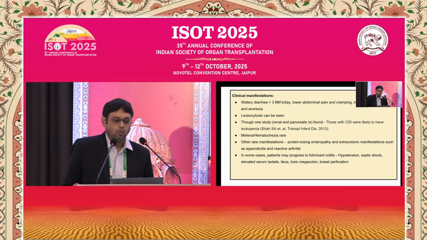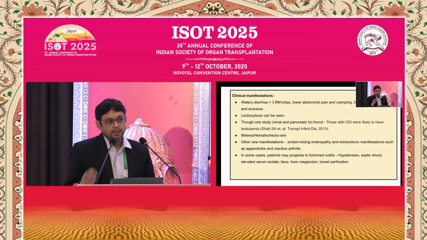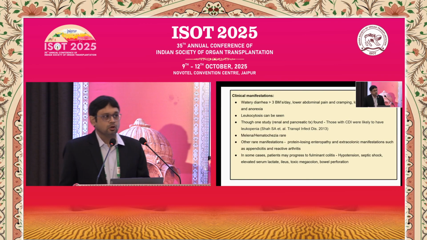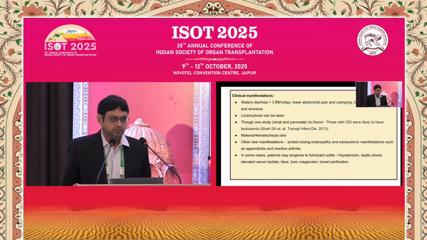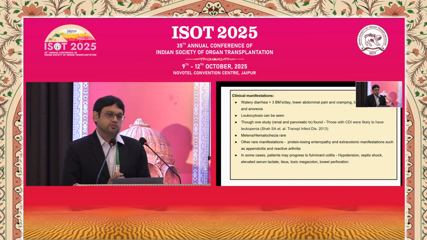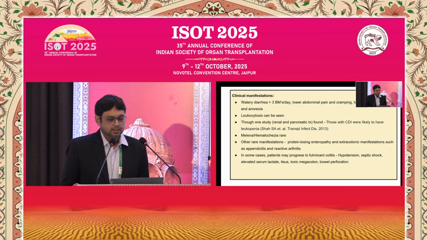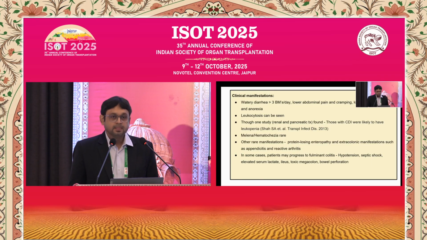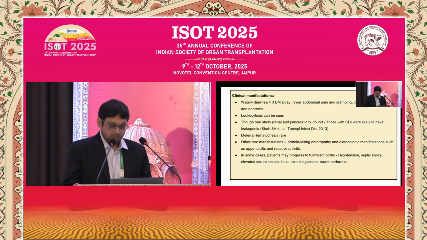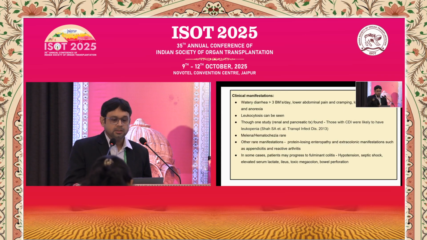So we say that watery diarrhea, more than 3 bowel movements per day, you should be suspecting C. diff. Now in our transplant recipients, there are lots of differentials beyond C. diff for this. Many of these differentials can be non-infectious differentials. So both infectious and non-infectious differentials are important when it comes to watery diarrhea in this type of a population. Usually leukocytosis can be seen in C. diff, but that's more so in the non-transplant patients. Both in our BMT as well as SOT recipients, we can actually see leukopenia, and that can be a problem.